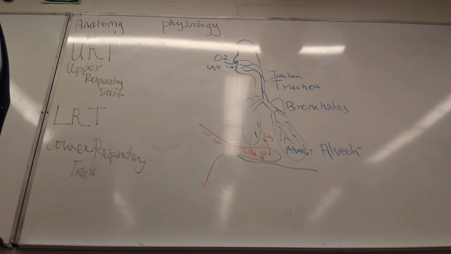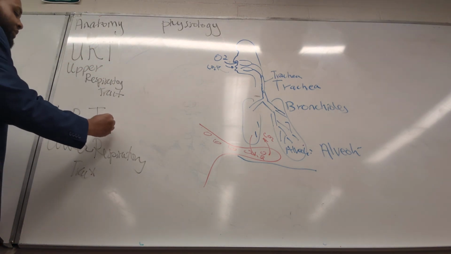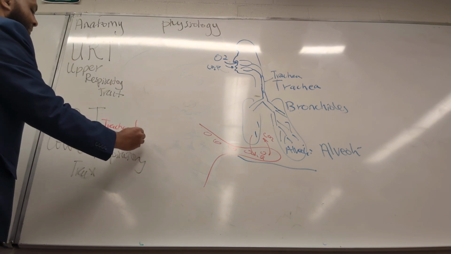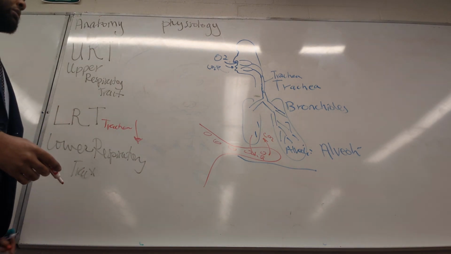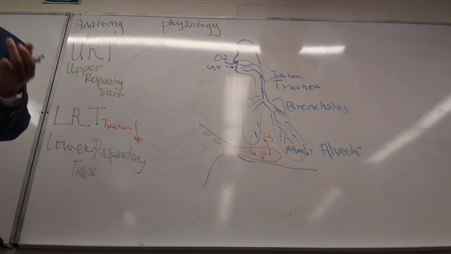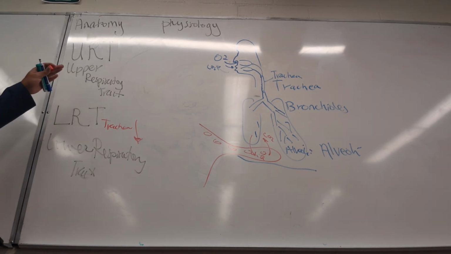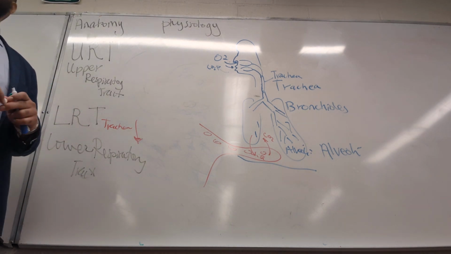So this is the upper respiratory tract. The lower respiratory tract is from the trachea and below, including your bronchioles, primary, secondary, and tertiary bronchioles, and your alveoli. And that is anatomically. Physiologically,